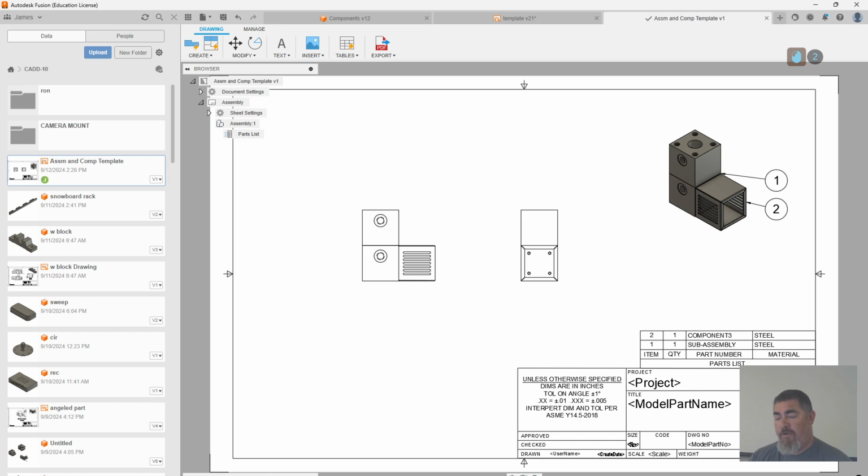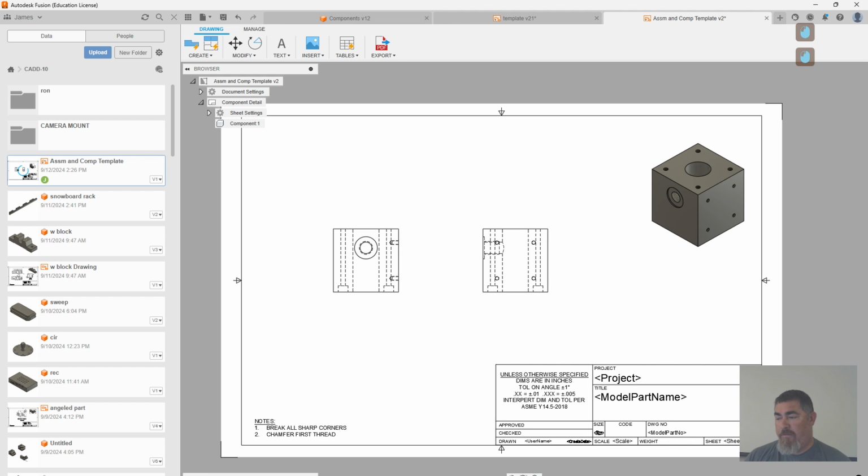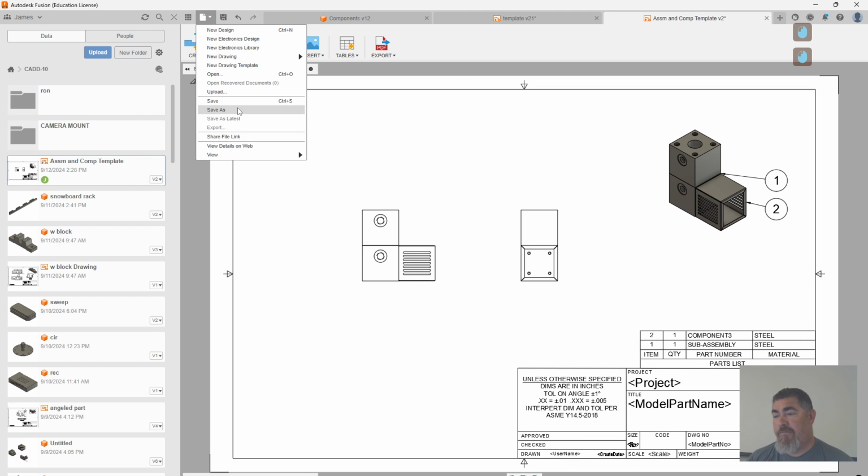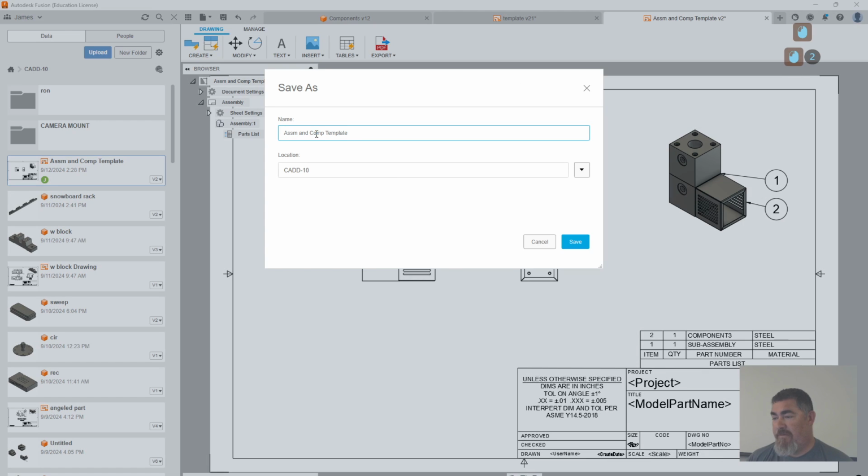And now I have a template that has one page for the assembly or subassemblies, and then another page for the actual finished components within those. So at this point, it'd also be nice to have one that's just assemblies, so I can create a drawing of just the assembly if I wanted to without having to have the components created. So I can just delete that sheet for the components, go back in,